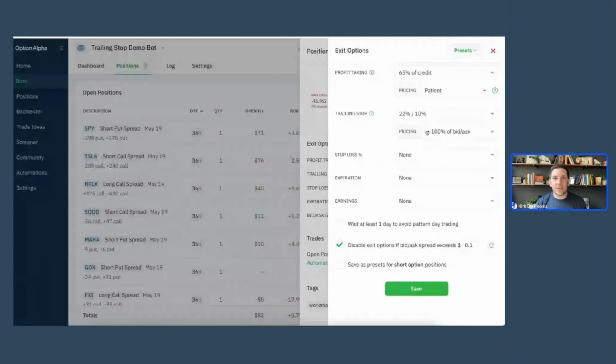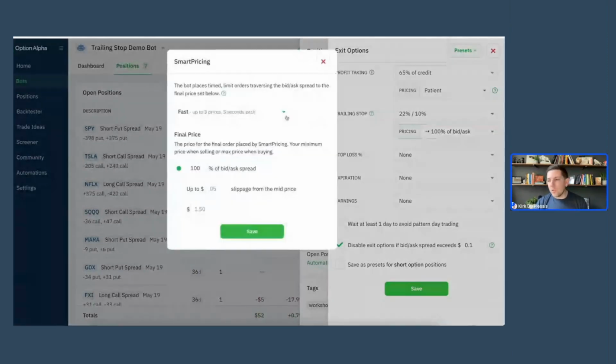Let's say you actually do have a trailing stop that gets hit. Usually what you could have done inside of smart pricing, and this is what you did from before, is you would say, look, I'm going to allow the smart pricing to go 100% of the bid-ask spread, right? That's what everyone did, right? And we all had these decision recipes like check and make sure the bid-ask spread is less than whatever. Well, now with disabled exit options, that also helps ensure that it's within that range. But if it ever does get outside of that range as it's working through the orders, what you can do now is you can say, look, I only want to go